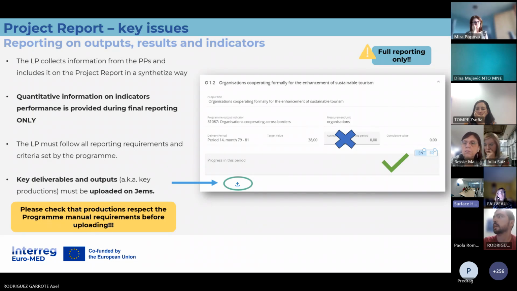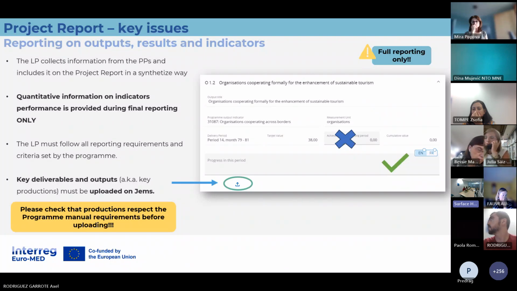Once the key productions are finished, you must upload them during the full reporting in its corresponding section in GEMS. Of course, before doing that, you need to make sure that the key productions are up to the expectations of the program, up to the rules on communication and branding that you can find in the program manual. So please check the requirements for the presentation of the key deliverables and outputs. And once everything is all right, you can upload it on GEMS during the full reporting.